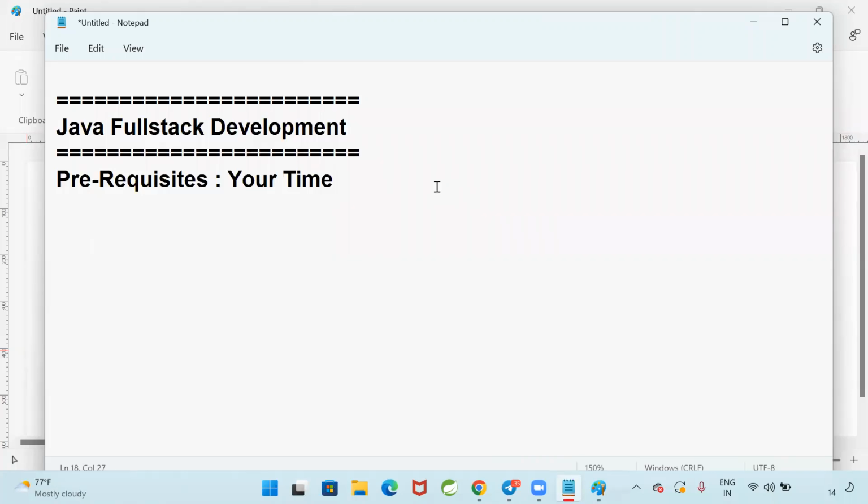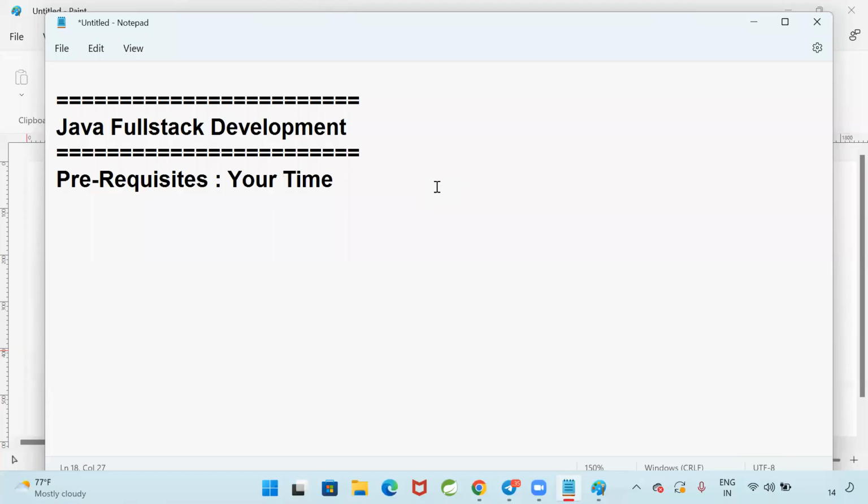Are you here to complete the course or to become a programmer? What is your agenda? Are you here just to complete the course, or to become a full stack developer? You want to become a full stack developer. If you want to complete the course within 3 months, you can complete it, but there is no use.